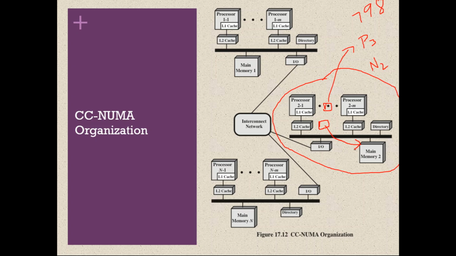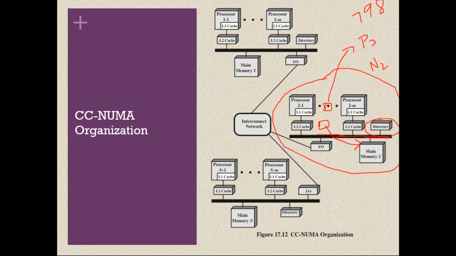If the content is not available in the local memory, then what will happen? Then the directory will come into the picture. When the content is not available in the local memory, the directory will find out. So when the L2 cache has created a fetch operation in the main memory via the system bus, or it can also be called a Snoopy bus, via the Snoopy bus, the directory